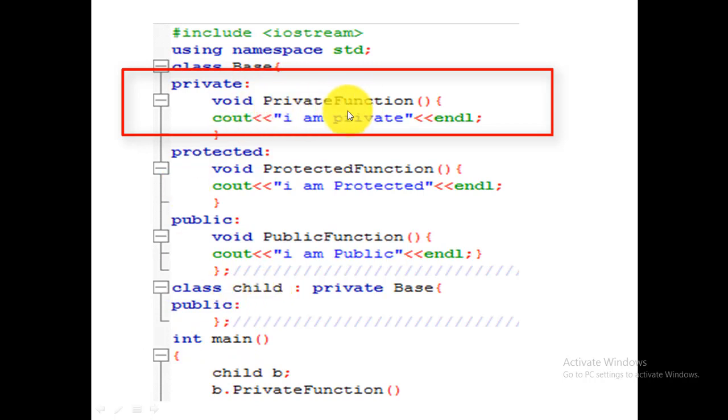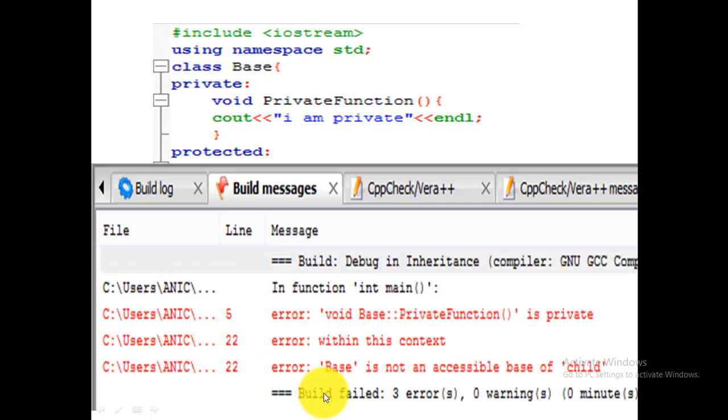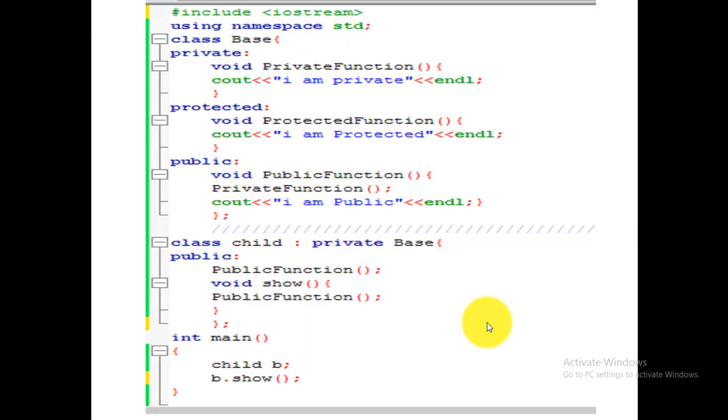The private section is only accessible and visible to the member functions of the same class. So if we try to access the private function, it will generate an error: base private function is private. The base class that we have declared as private, in private inheritance the private function is private, so we are unable to access it. So how can we access the private function?